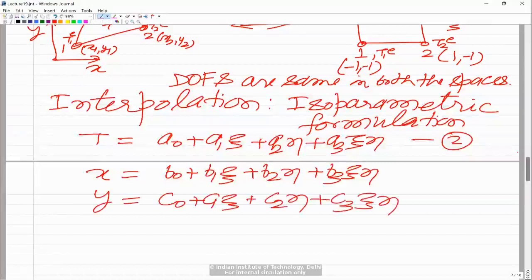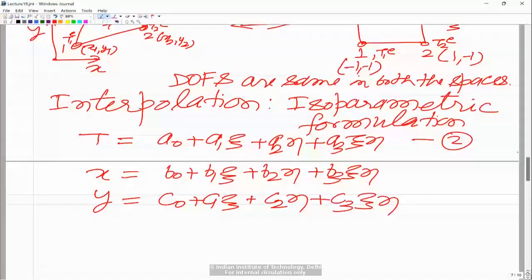Because we are assuming the temperature in xi eta, and we need the derivative of temperature in x y. So we need the relationship between x y and xi eta, and that is why this is involved. And now if you have this kind of an approximation, so when you are having the assembly of any arbitrary